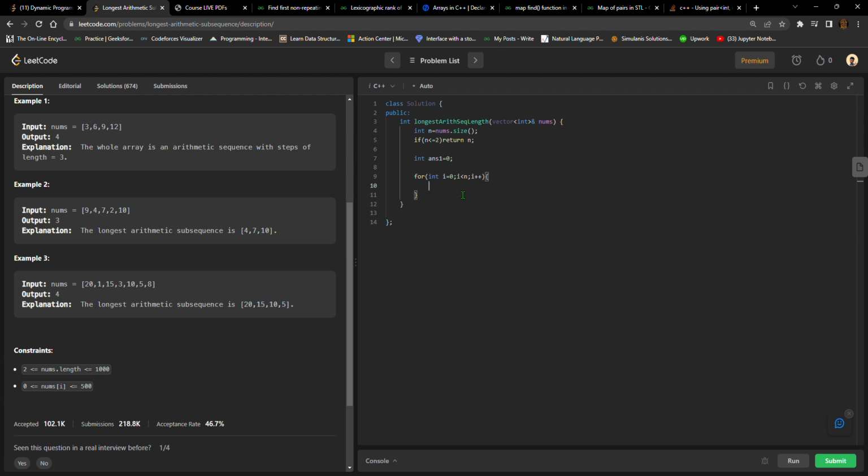My j would always be i plus 1. Okay, these are my two numbers, i and i plus 1. For int j equals i plus 1 up till j is less than n and j plus plus. That is very much it. Now I would be comparing my answer in one variable so that it stores the maximum length. I would be saying ans1 is equal to max of ans1 comma